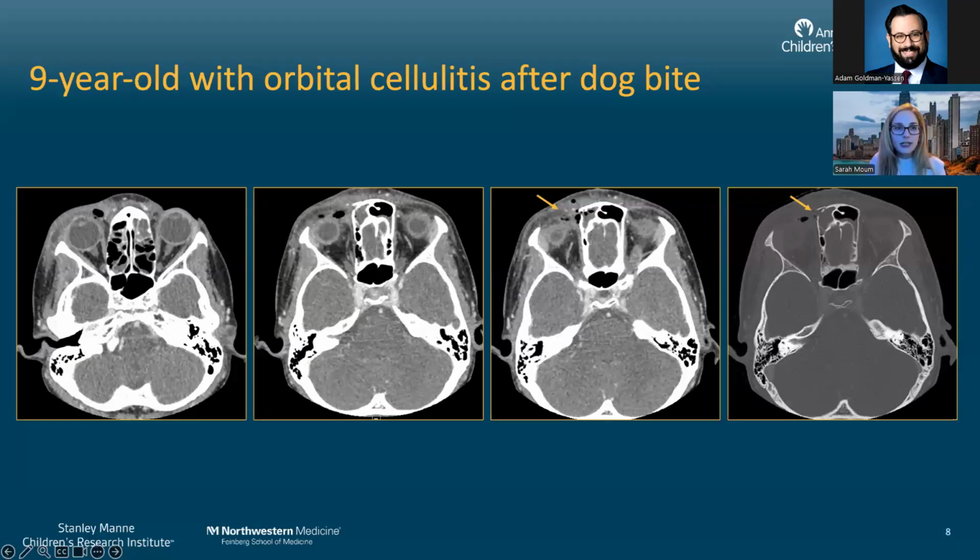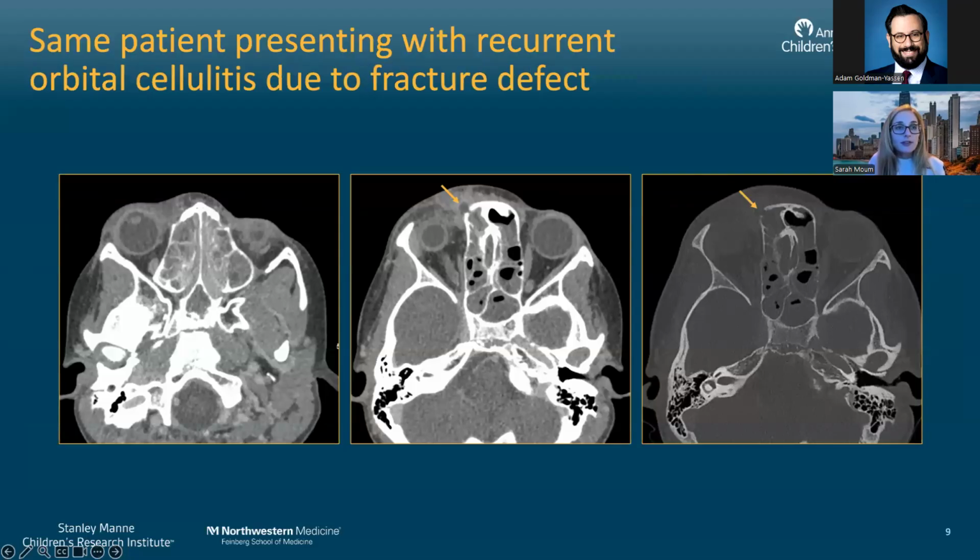And some of this was certainly related to a superimposed infection that was going on. The patient was treated with IV antibiotics, though, and did well. They were sent home, transitioned to oral antibiotics, and again, had improved symptoms. However, they did represent several months later with new symptoms. So they have sinusitis, but then also this new inflammation involving their right periorbital soft tissues, which is what they saw on physical exam. And then on our imaging, we're seeing extension of that inflammation and infection into the medial extraconal space